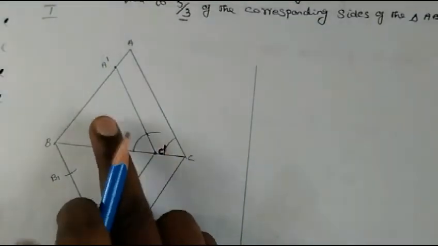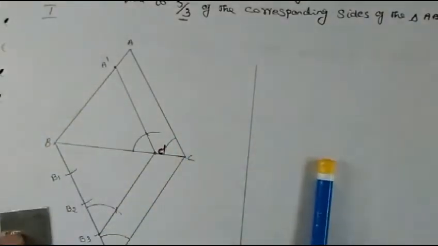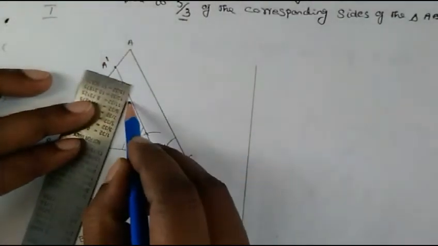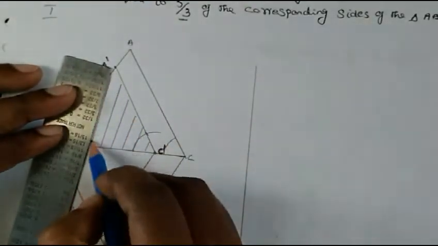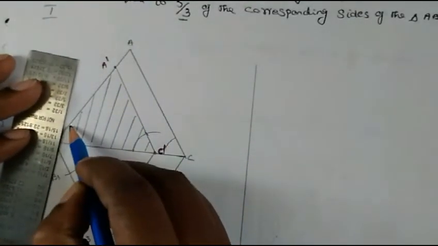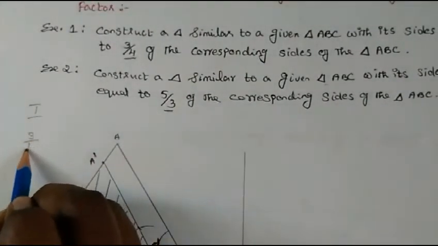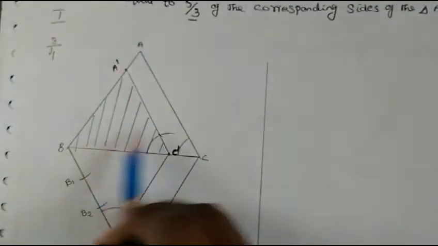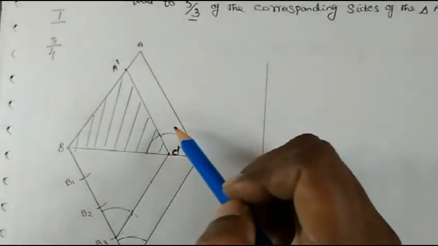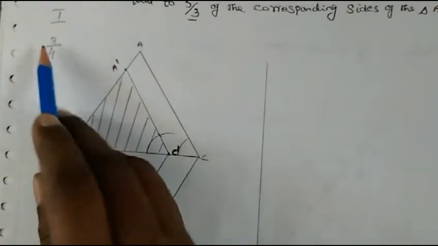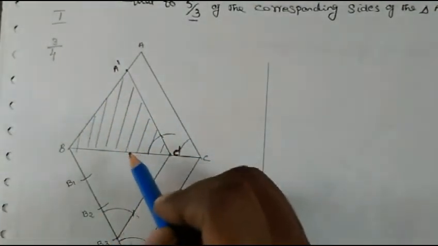Now we construct a triangle. I told you the triangle that we construct will become smaller. So let me highlight it. This is A dash. So I'll just highlight this. So this is the triangle we have constructed just now, which is 3/4. Okay, so this is 3/4. So the triangle ABC that is given, for this corresponding similar triangle we have drawn, which is 3/4. I told you numerator is smaller means the triangle we construct will be smaller.